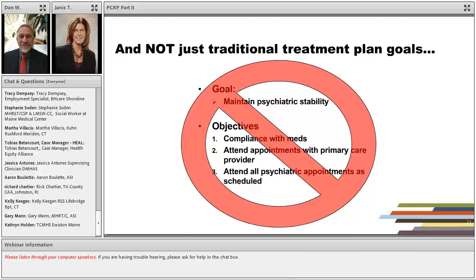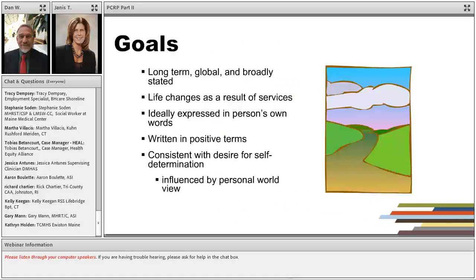We've made a lot of progress in this area, but I do have to say that in many of the plan reviews that I'm doing in places around the country, I still see some of the most common goals are maintain psychiatric stability and medication compliance, as the goal statements on the plan. It's not to say that using meds as a tool in your recovery, that achieving some sort of management around symptoms isn't an important part of the plan, because certainly for many people it can be, but those are not a person's goals in life. To be med compliant is not a person's goal in life. We're really trying to focus on that bigger prize there.